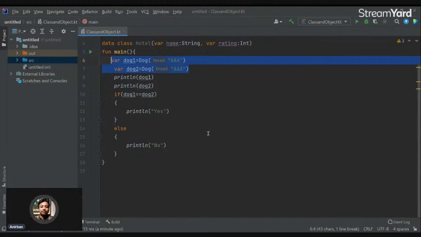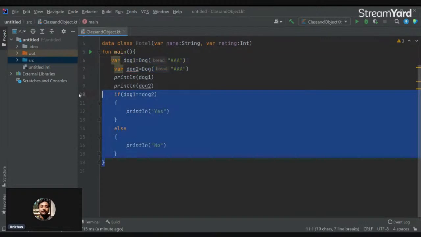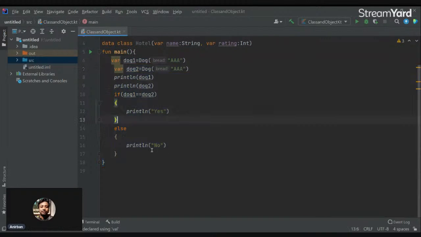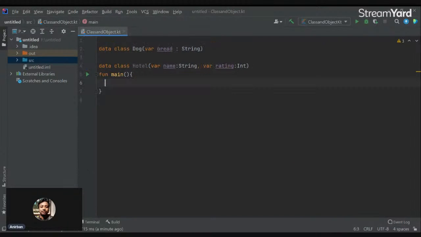So let's talk about inheritance. As I previously said, we are using a class to